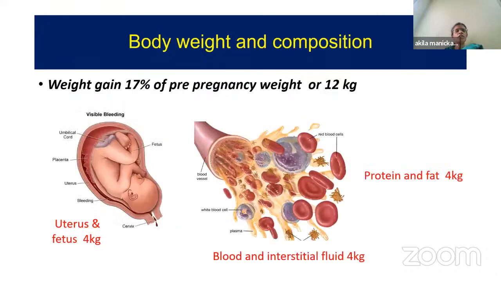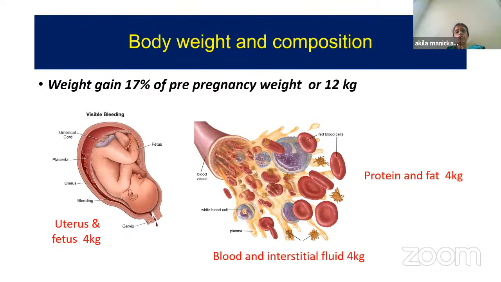First, looking at the changes which occur with body weight and composition. The weight gain during pregnancy is supposed to be about 17% of your pre-pregnancy weight, or at least 10 to 12 kg is the average weight gain for any normal pregnant patient. Out of this, the uterus and the fetus contribute about 4 kg. The blood, the interstitial fluid, and the plasma volume contribute around 4 kg. And the new protein and fat,